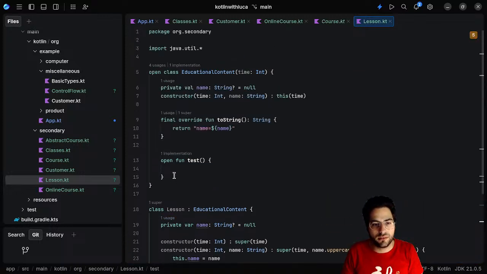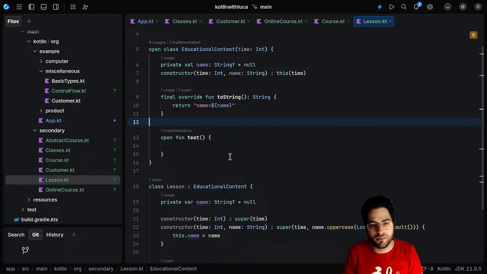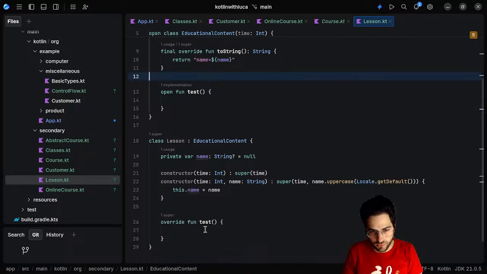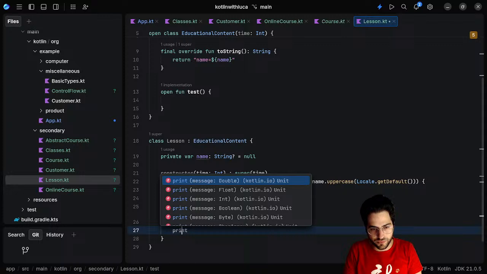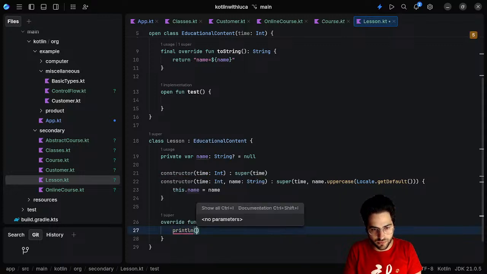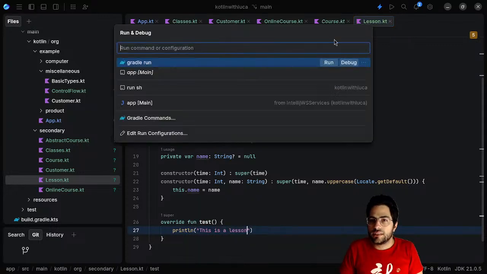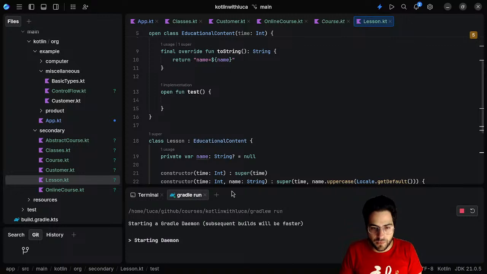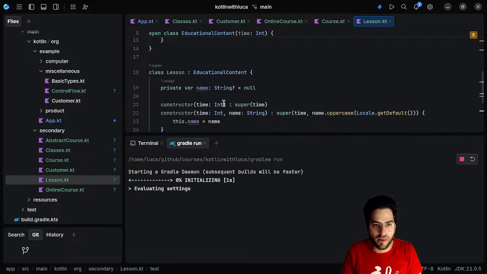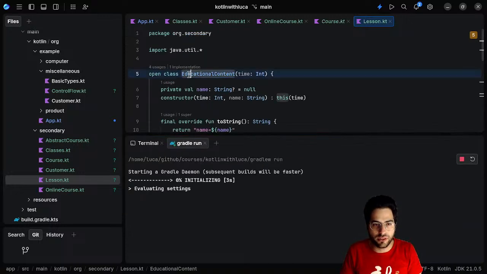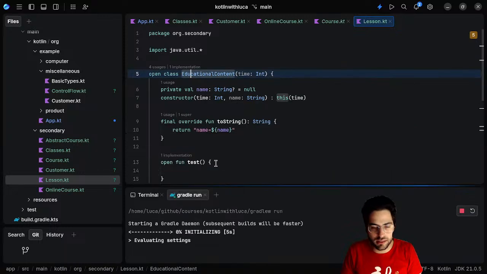And this might be useful if you want to have control over the toString or on other methods. So let's try and run it. Yeah, we have not initialized the class